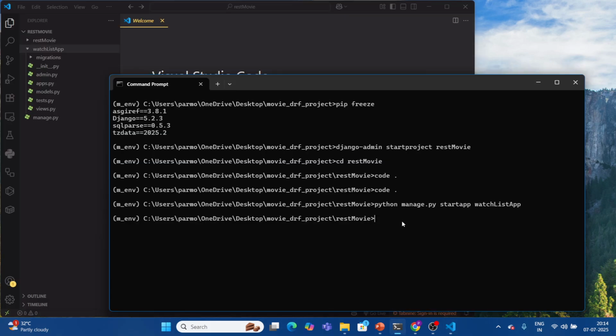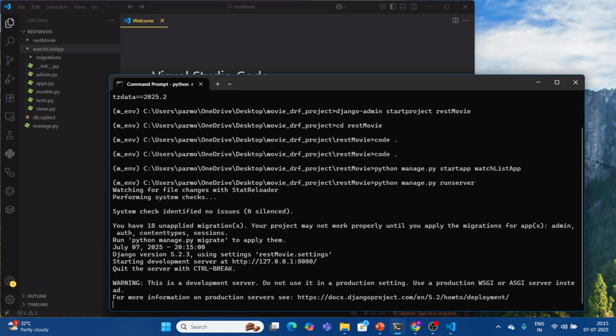Then run the command, that is python manage.py runserver. So with this command, you should see the Django development server start up, right? Here we can see it's starting the development server. That means, and now basically we need to open your browser and visit